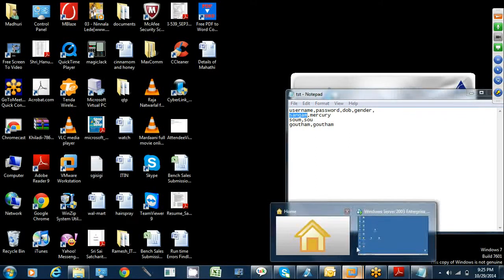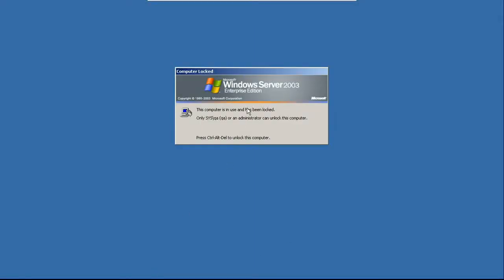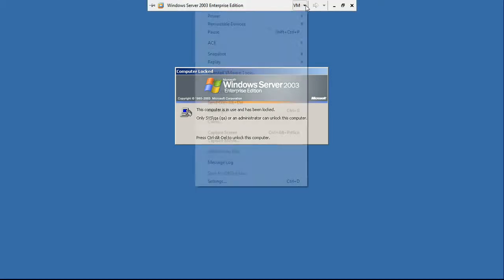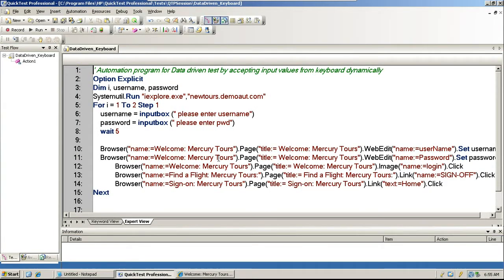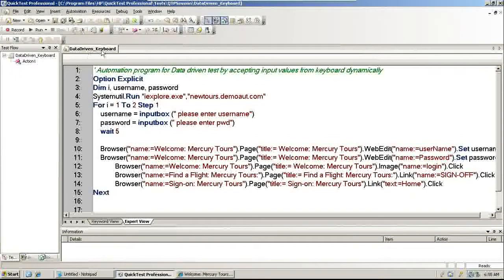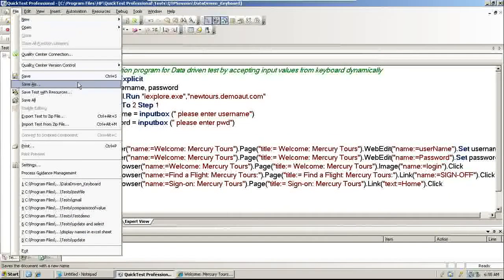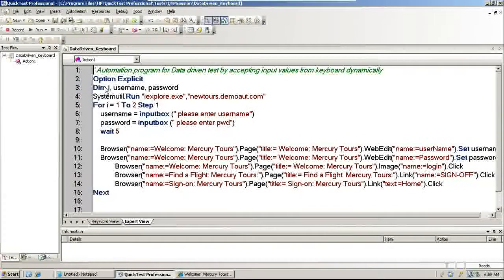So I'm just going to run this program. Okay, so this is called data driven underscore keyboard, right? Now the next program, I will save the same program but make little modifications. The whole program remains the same, only the way you are doing it is different.